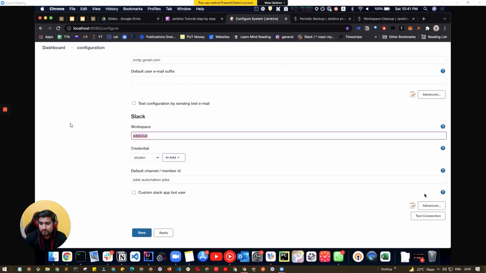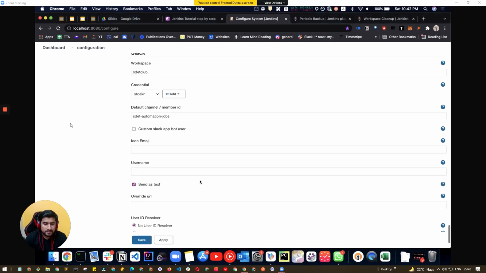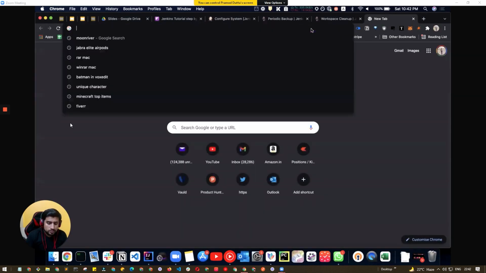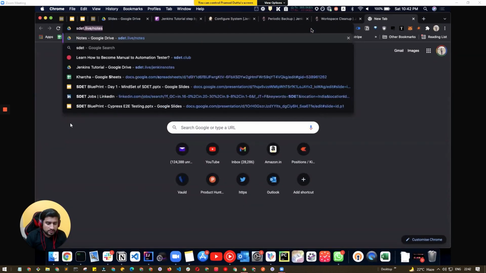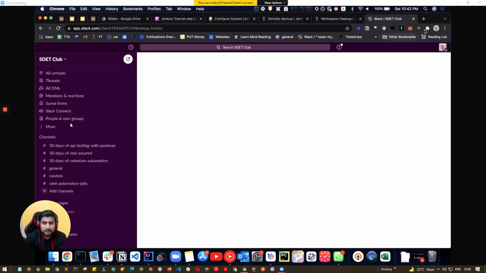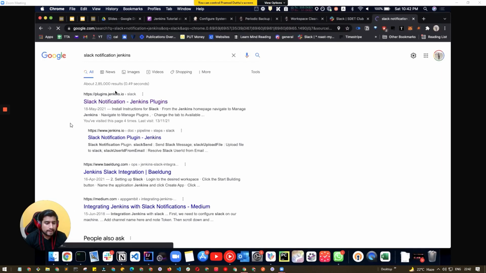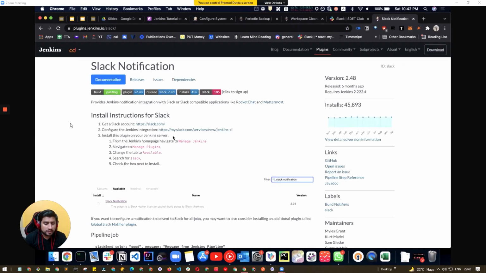And here, if you go to advanced, right? And basically let me show you how you can get the token. So if you go to your SDET club Slack, right? If you log in with it, and I think that link is also available if you go to the official website here. Just go to the official website, Slack notification Jenkins plugin, open this link, and here this